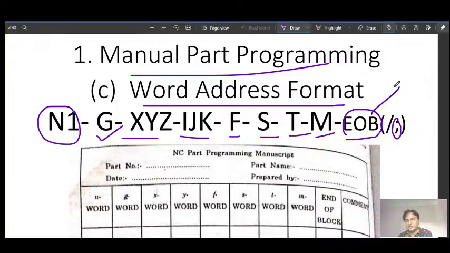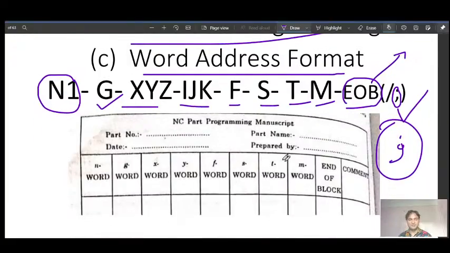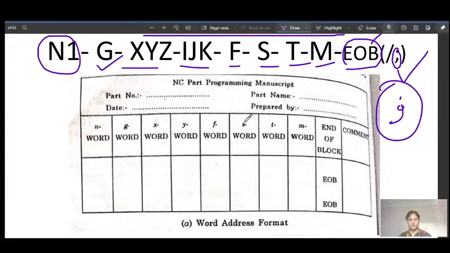So instead of writing end of block in CNC, we use this semicolon. Again in writing the manuscript, preparing the program, we have part number, part name, date, prepared by.